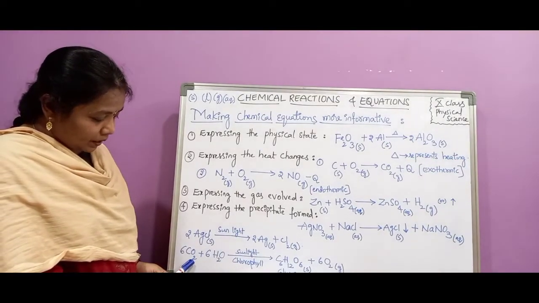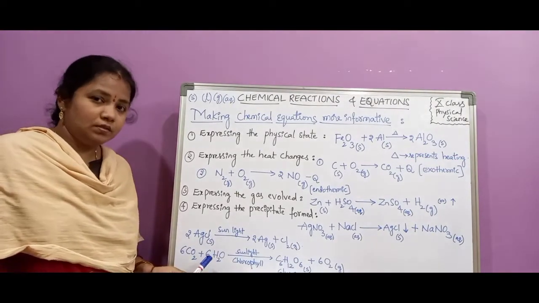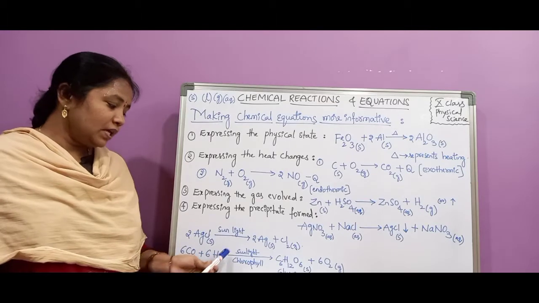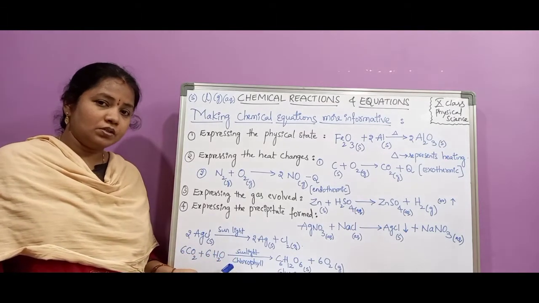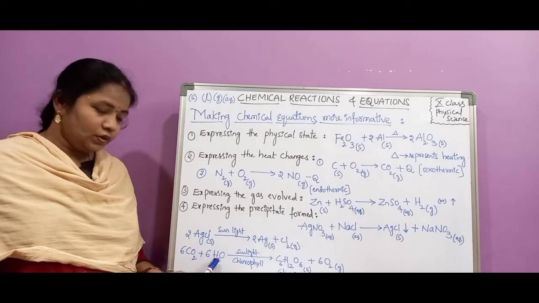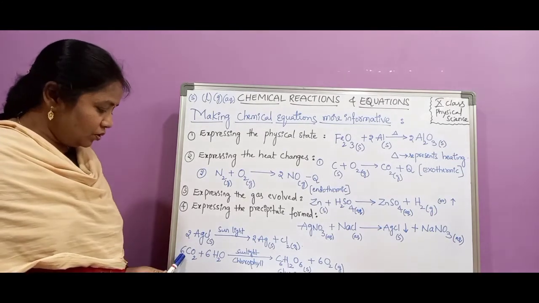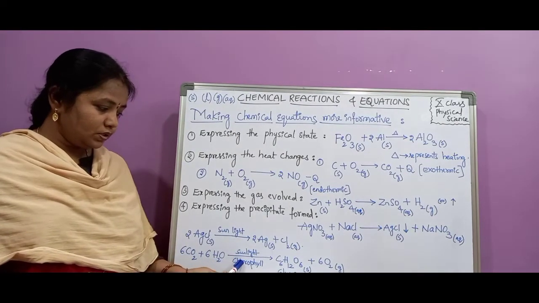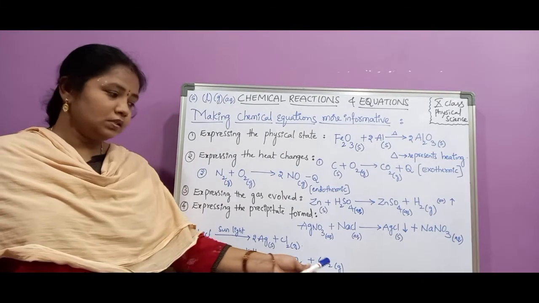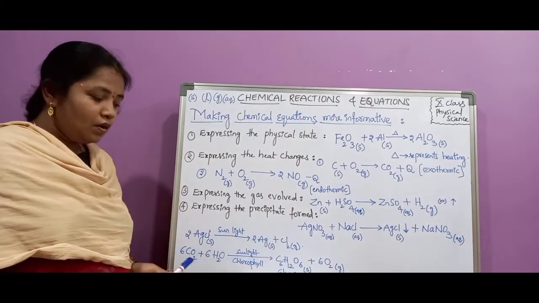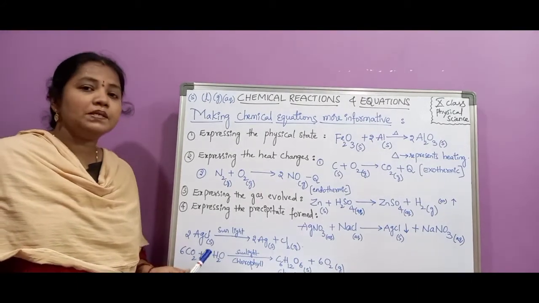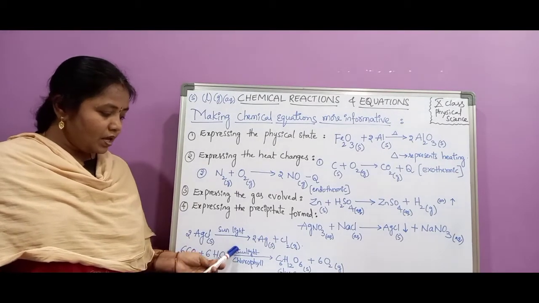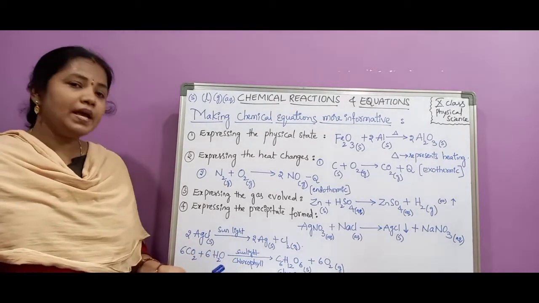Another example is the photosynthesis reaction. Photosynthesis takes place when sunlight is available and when the chlorophyll pigment is also available. Only in that case does photosynthesis take place inside the plants. So during the photosynthesis reaction, you see 6CO2 plus 6H2O gives rise to C6H12O6 plus 6O2. Plants prepare glucose during the photosynthesis process, and this takes place only in the presence of sunlight and chlorophyll. So these are the reaction conditions, and they are represented above and below the arrow mark like this.